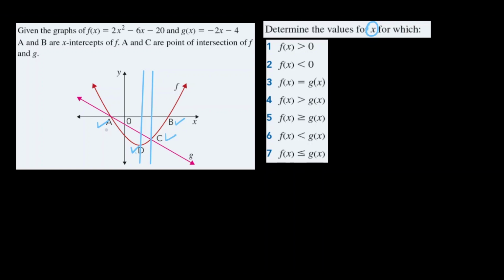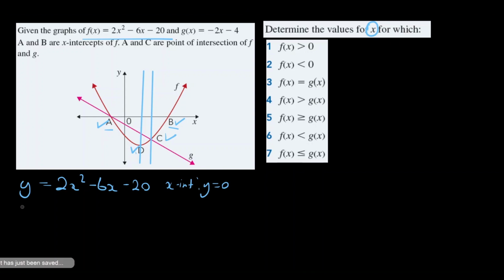To find the x value of a and b is pretty simple. We're going to use the graph of f. A and b are the x-intercepts at point a and b. So we're going to be using the equation y is equal to 2x squared minus 6x minus 20, and we'll be finding the x-intercept. To find the x-intercept, we need to equate y to 0, which will be 2x squared minus 6x minus 20